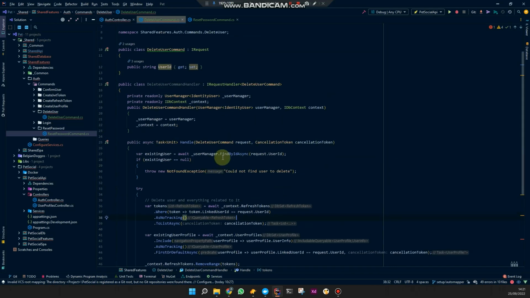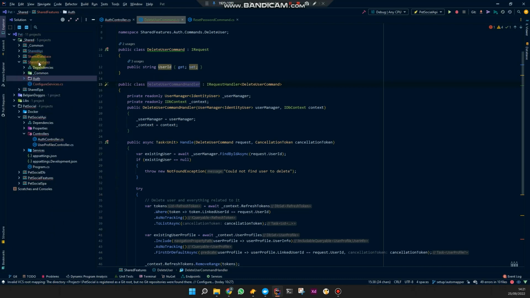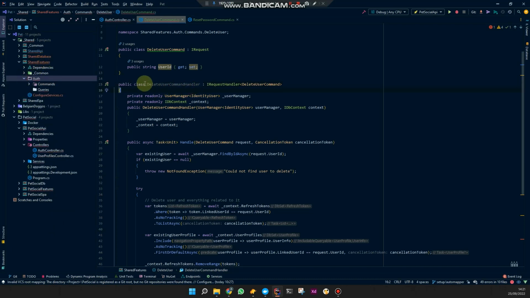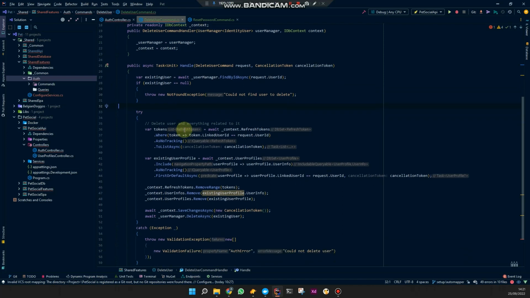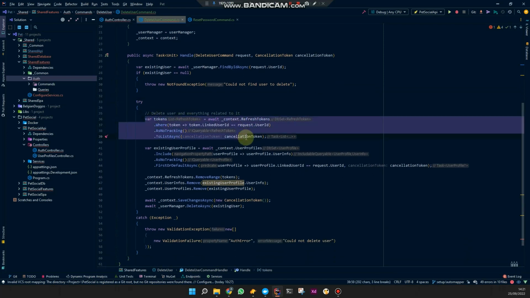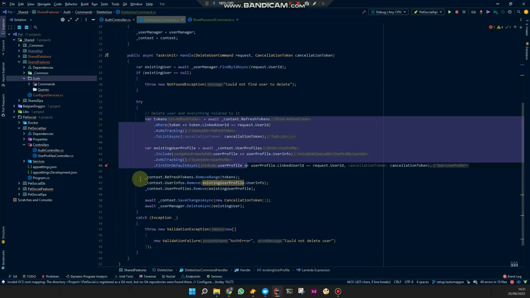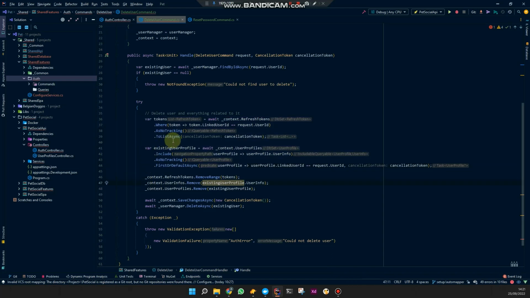I have to mention the delete user command. I made it into a shared feature, but this is actually going to be very specific to different projects. So of course we're going to have the tokens in the existing user profile for our use cases, but one application or project might have more fields to remove